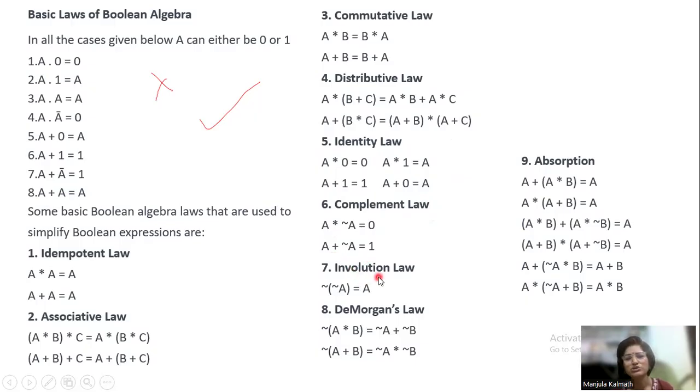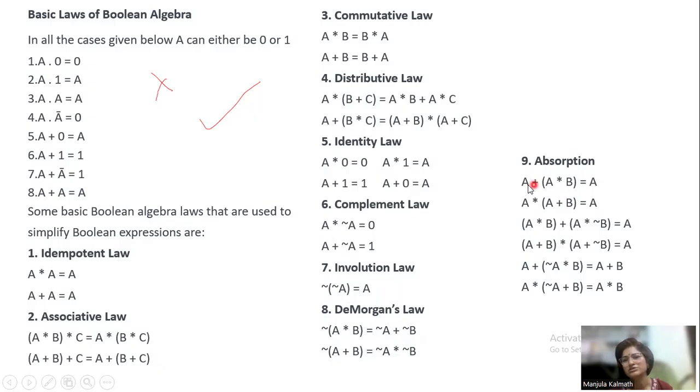Involution law: in that we have negation of negation of A equals A. De Morgan's law: negation of (A into B) equals negation of A plus negation of B. Here it is a multiplication sign and it will be converted into the plus and prefixed with the negation. And like that, negation of (A plus B), that plus will be converted into multiplication with the negation prefix. Then absorption law. Here we have a distributor, it is expanded, whereas absorption means it will be absorbing